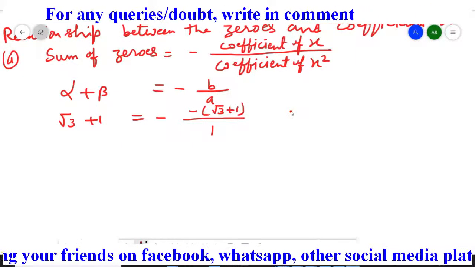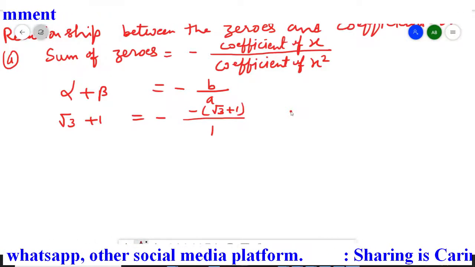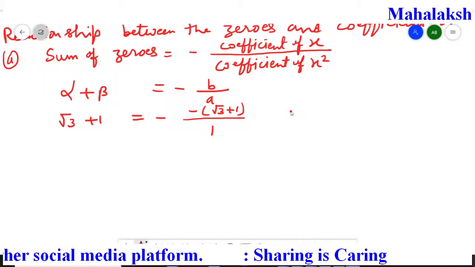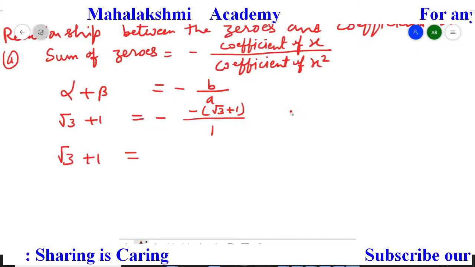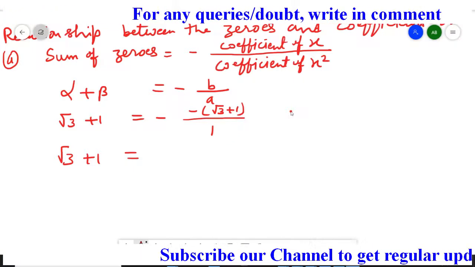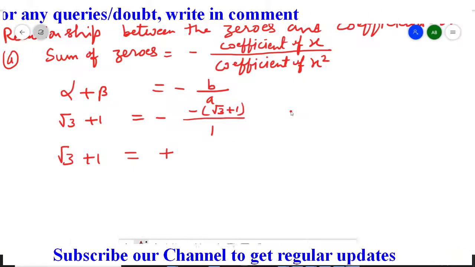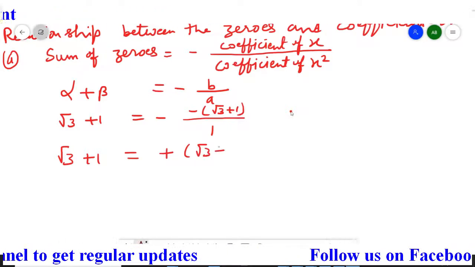So when we solve this side, because we can't add them, it's in root and it's without root, we cannot solve it further. So it will come as it is. That is root 3 plus 1 will come as it is. Now minus multiplied by minus, so minus minus plus. And one more thing, any number divided by 1 is the same number. So you will get here root 3 plus 1.